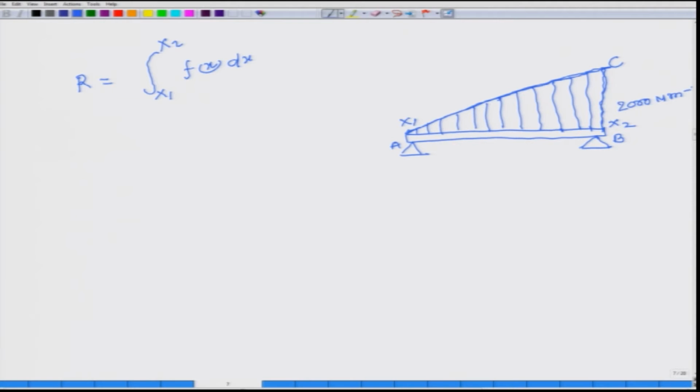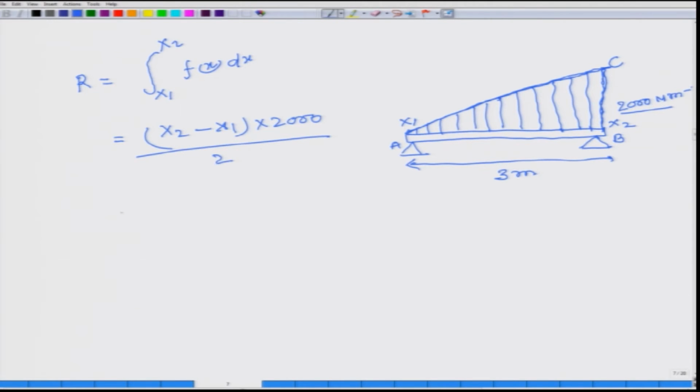So, area of, and this is 2000 Newton. The base of this triangle is 2000 Newton per meter. Length of the beam is 3 meter. So, our area is x2 minus x1 times 2000 by 2, which is 3 into 2000 over 2, which is equal to 3000. This is my total load,